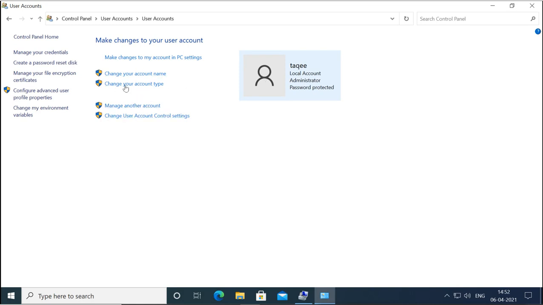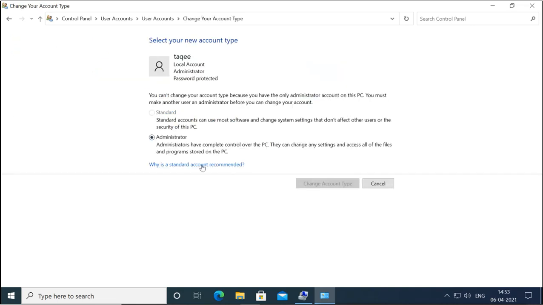You can change these things for the current user account. You can change your account name, and you can change the type of your account. Currently it is Administrator. You can change it from administrator to normal user, or from normal user to administrator. If you click on this, you see these options: standard user to administrator, administrator to standard user.